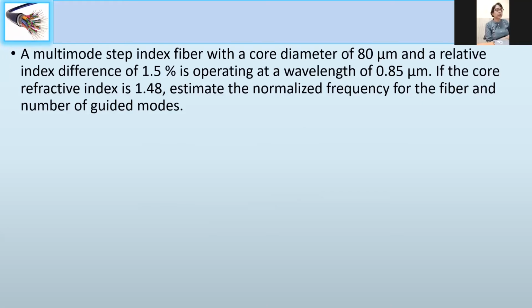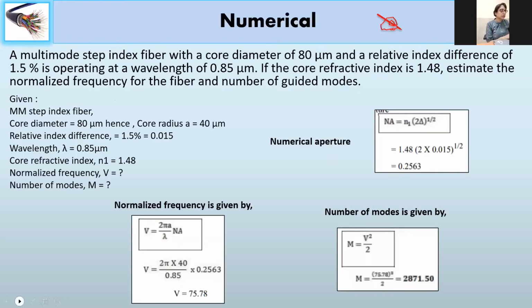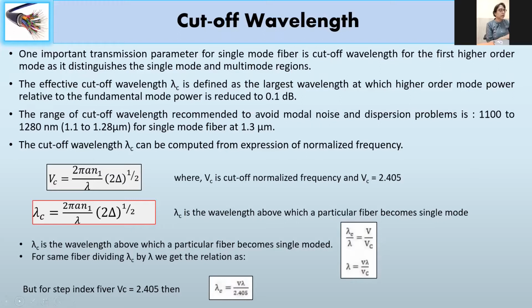Okay. Now, one more important parameter that we see is that there is a dependence of V number on the wavelength, right? You have your V number, which is inversely proportional to the wavelength. Now, what does it say? That any mode that has a particular wavelength will only be able to travel, not all the wavelengths will be able to travel. Right?